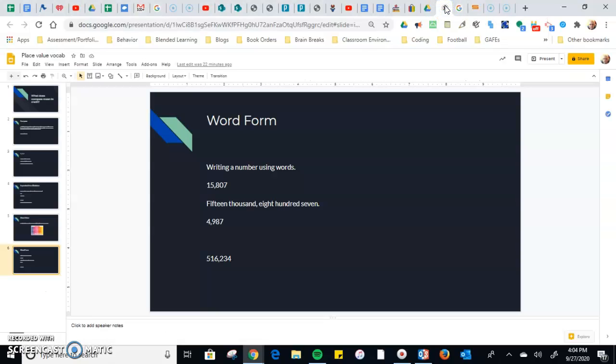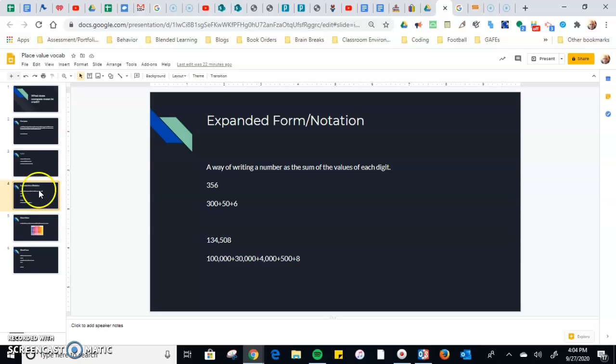Here we go, 4th graders. What we're going to look at today is expanded form. Expanded form, or expanded notation, is a way of writing a number as the sum of the